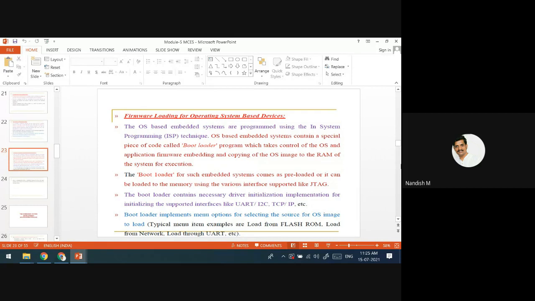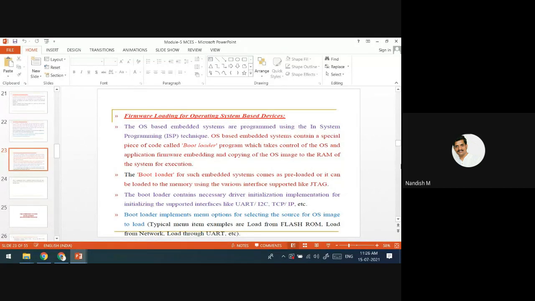It can be a real-time operating system. If there is an operating system, there should be a piece of code called the bootloader that is going to load the program into the RAM. That is called the bootloader program. I know you know about this bootloader program. This bootloader program loads the OS into the RAM. First it gets stored in the ROM, and for execution it gets loaded into the RAM. And this bootloader program exists in the ROM, that you know.